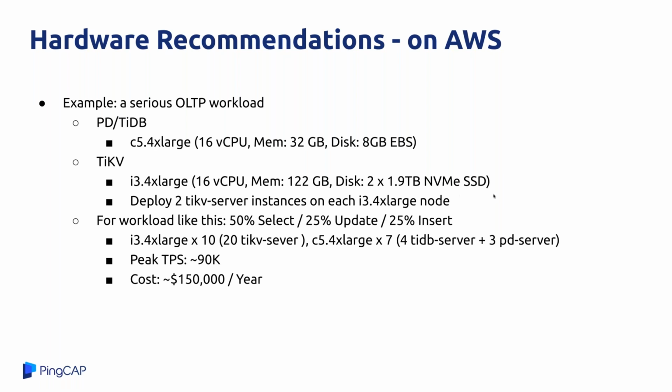It is very powerful. And notice that you can deploy 2 TiKV server instances on each i3 4x large node because it has 2 SSD disks. So it is okay to deploy multiple TiKV servers on one node